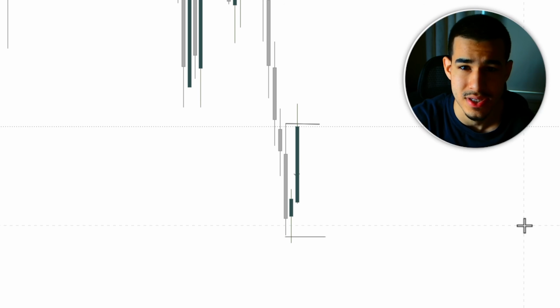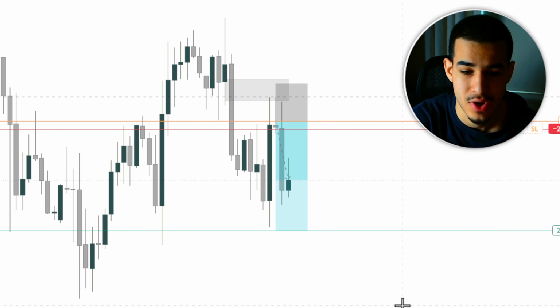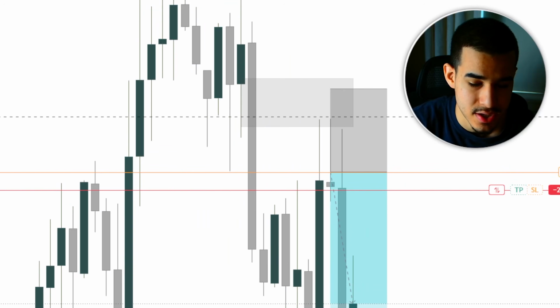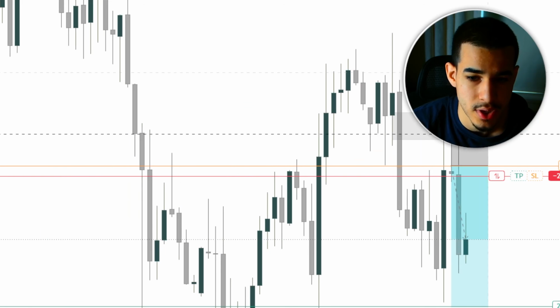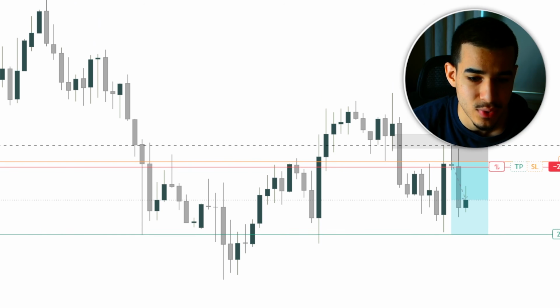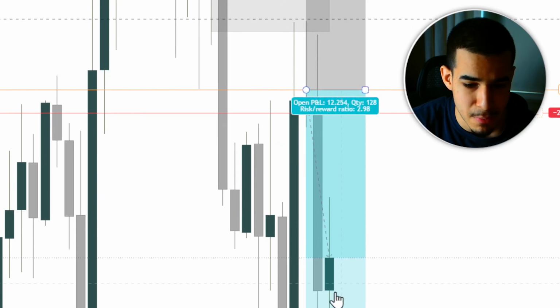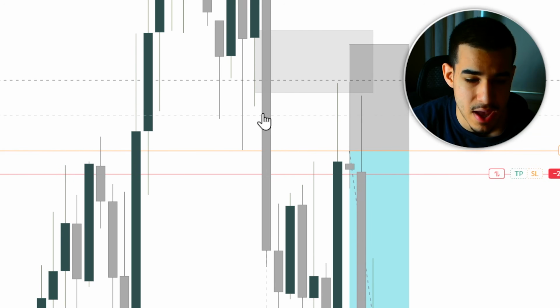Let me show you more examples of this. Okay, so this actually works really well with this live trade I am currently in on platinum right now. As you can see, we are on the higher time frame, and what do we have here? First off, we can see that we are reacting from this bullish order block. We are overly bearish, and we have this bearish fair value gap right here as well. So we had this momentum candle, this bullish candle, went all the way up, tapped into this bearish order block,